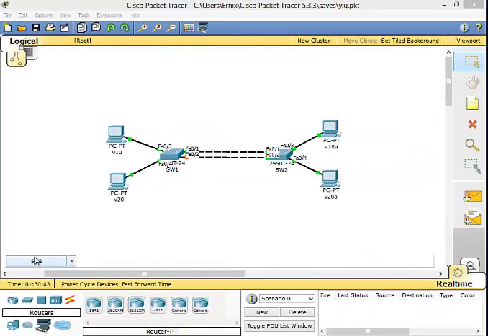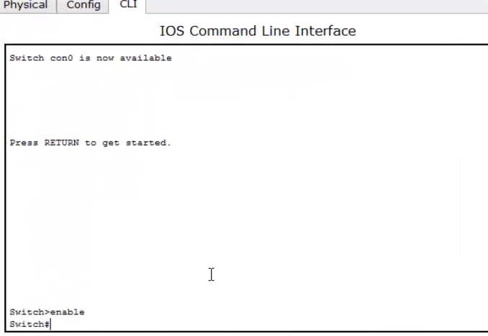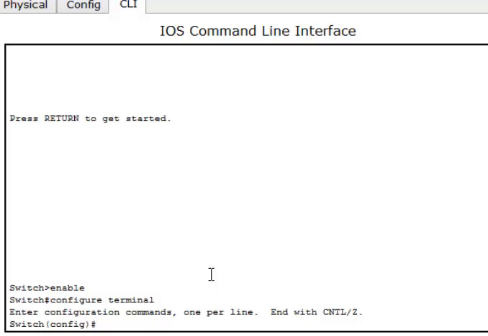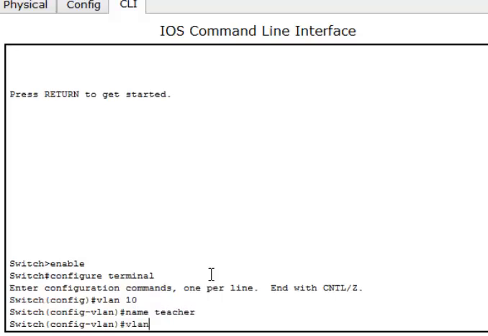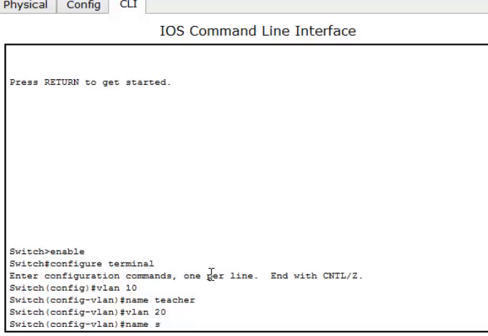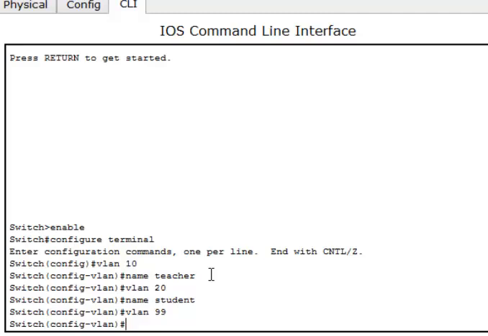After the configuration of VLAN on switch 1, we'll also create VLAN on switch 2. To start, type enable, again configure terminal, and type VLAN 10, name teacher, VLAN 20, name student, VLAN 99 as management.